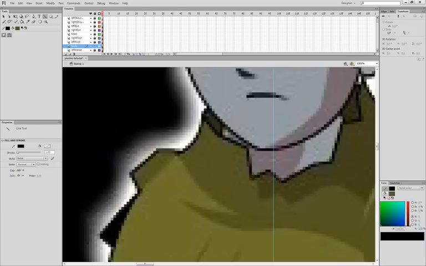Let's get this pretty nice. It doesn't have to be perfect, because it's going to get way shrunken down to fit the actual